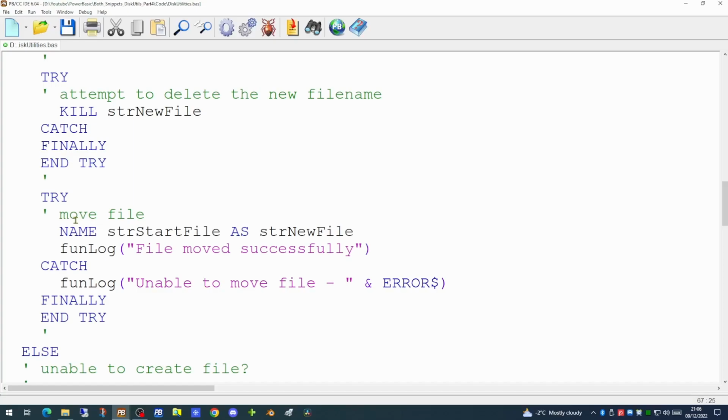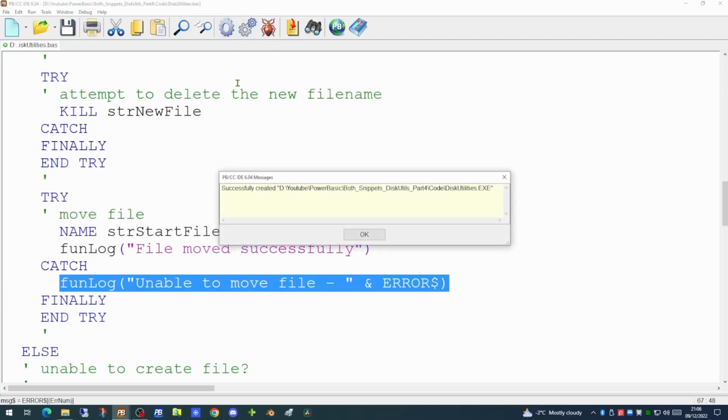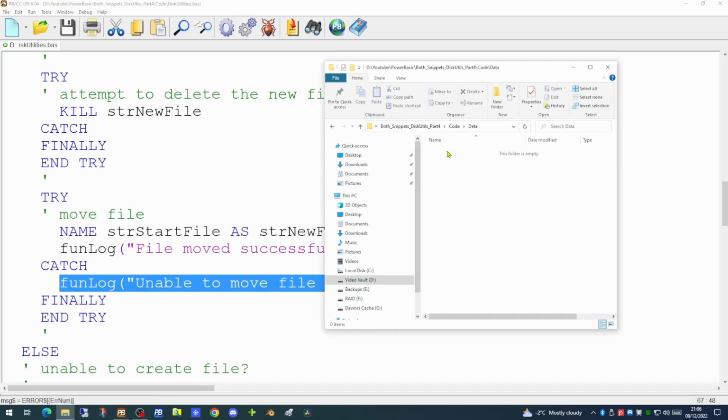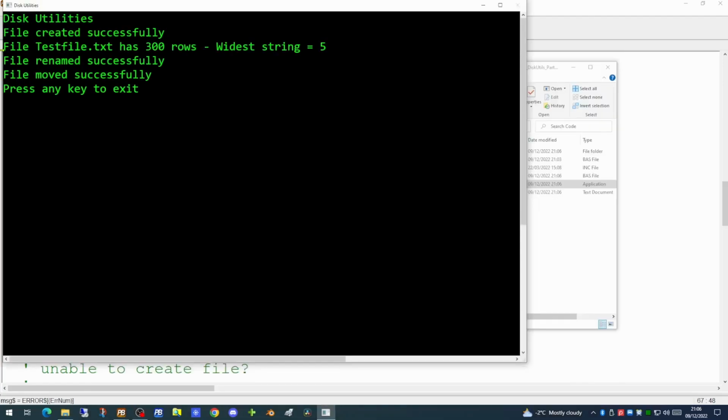And again, should this error, we will be getting a message back out to the log saying we're unable to move the file. So let's just compile that now. And if we look back in our folder, we'll see that the data folder at the moment has nothing in it. If we run the application now, it will tell us that the test file has been created.